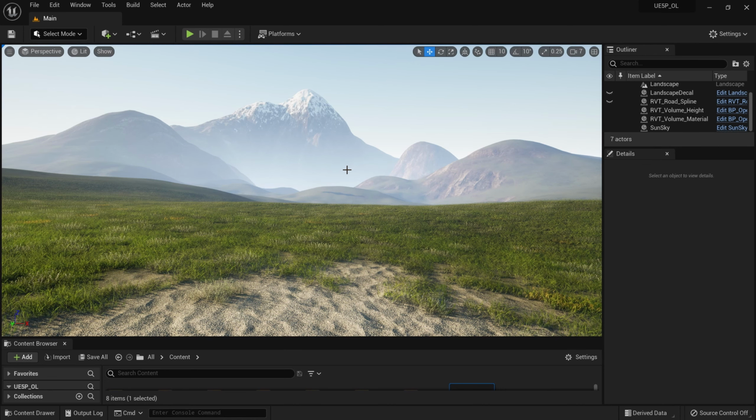Here I'm in Unreal Engine 5 full screen mode. Let me turn on some of the stats. All right, let me play my game. So here I'm using an RTX 3080 GPU, and you can clearly see that I'm getting almost 60 frames a second with this amount of grass, and I'm quite